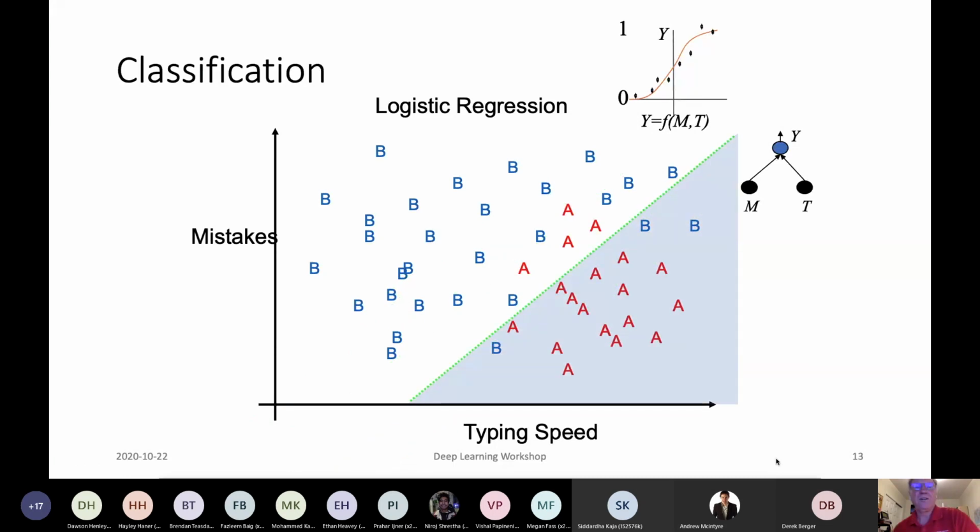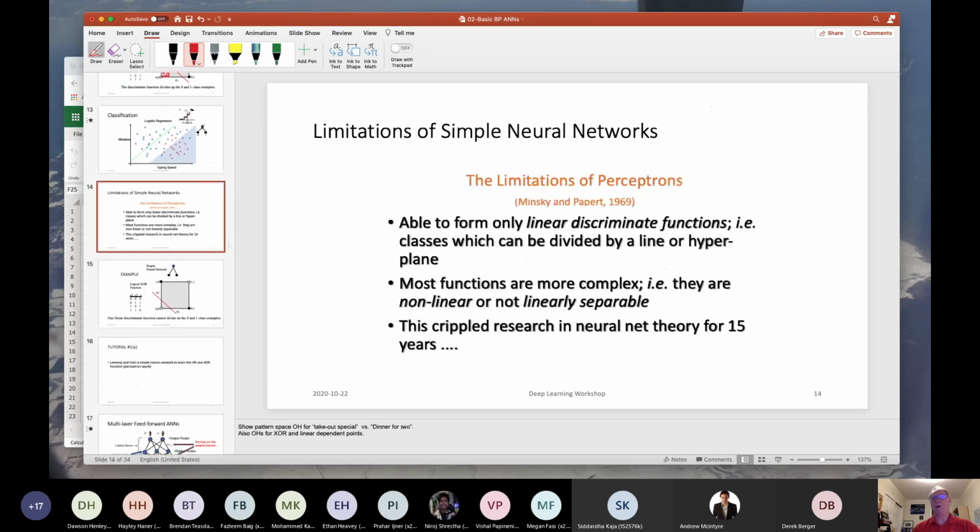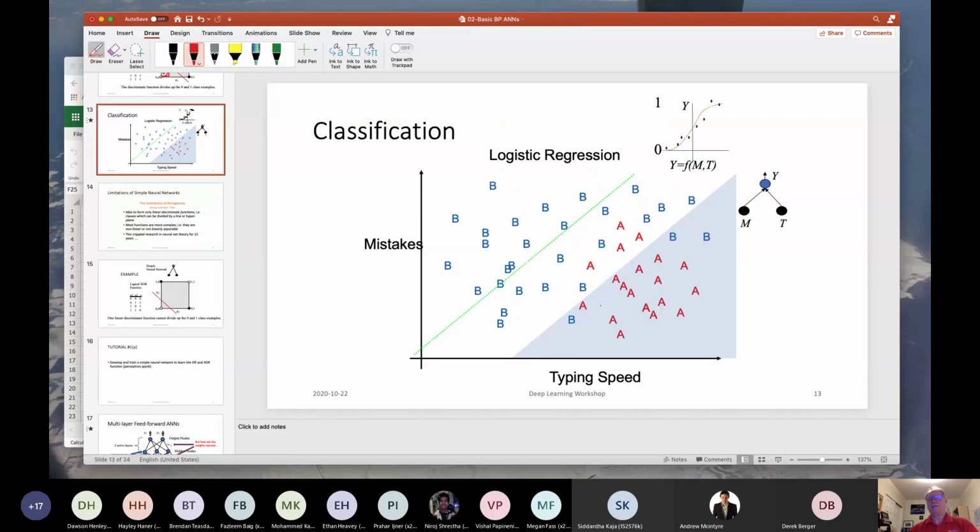In this case, this is one for detecting people's way of typing. If we had an X1 input of typing speed and the person's X2 as their mistakes, then we would train this simple little perceptron to orient its discriminant boundary so it separates things very nicely. Now the problem, pointed out by a relatively famous AI guy, Marvin Minsky, in 1969, is that these things are only good for separating stuff that is linearly separable, for which we can draw a line and separate things out really nicely.